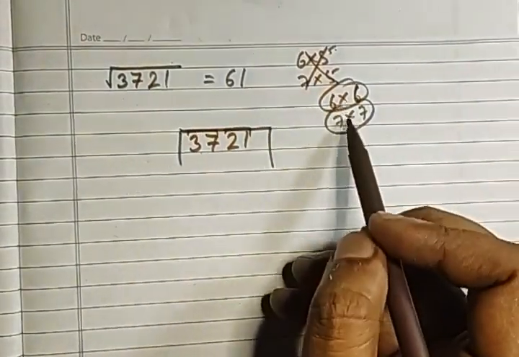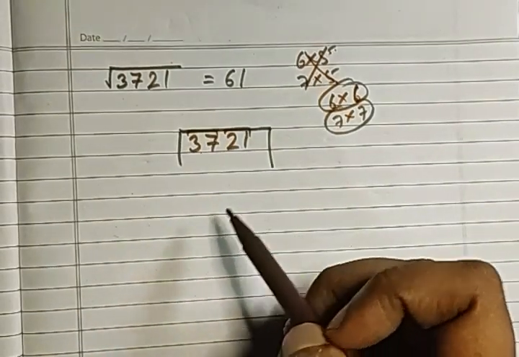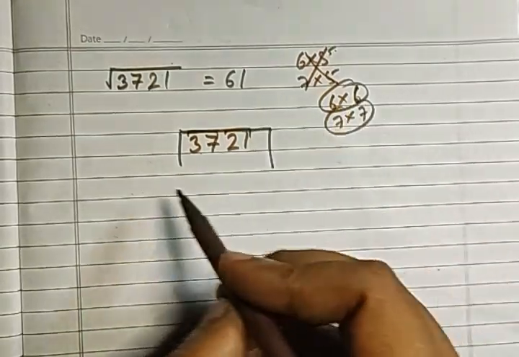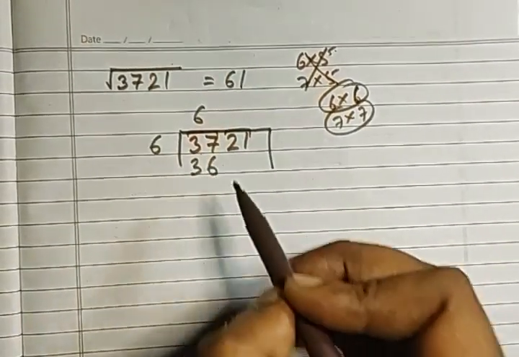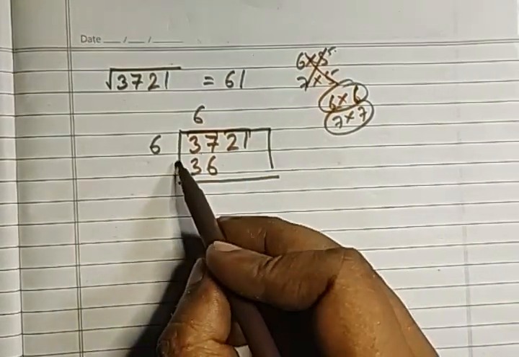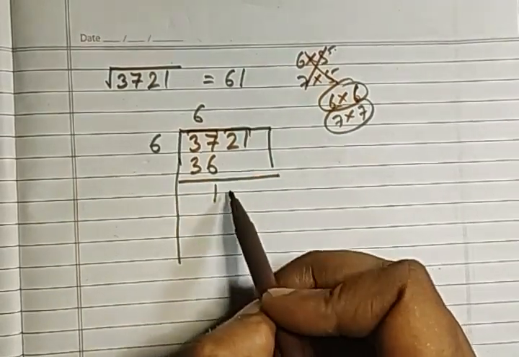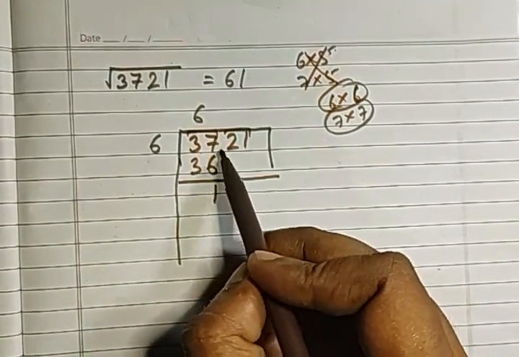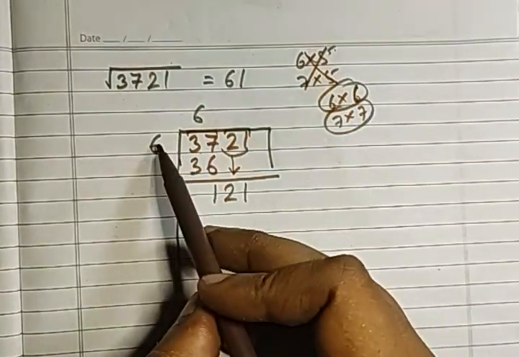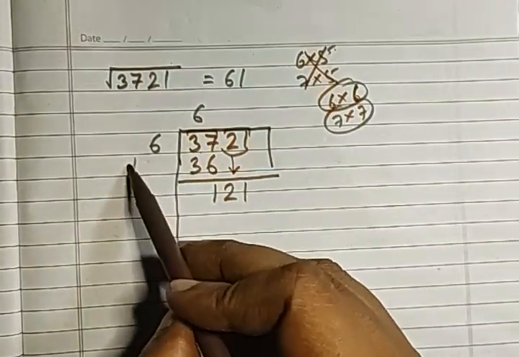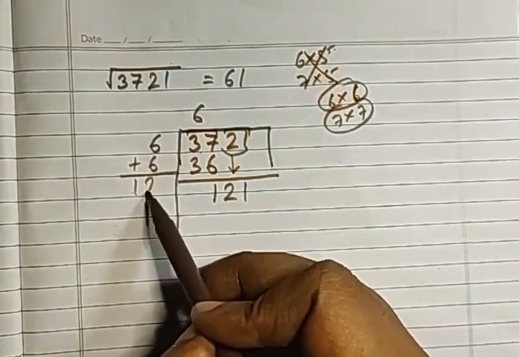So let us see in squared numbers which number is close to 37. So 36 is close. So we will write 6 6s 36. Done. This you can extend a bit. 36. So 1 comes. Now not only the 2 will come down, this whole group will come down, that is 21. Now since you have multiplied with 6 here, you have to also add 6 over here. So 6 plus 6, 12.